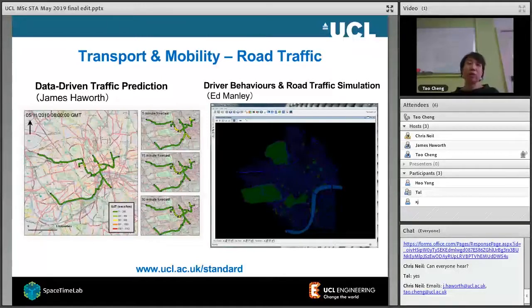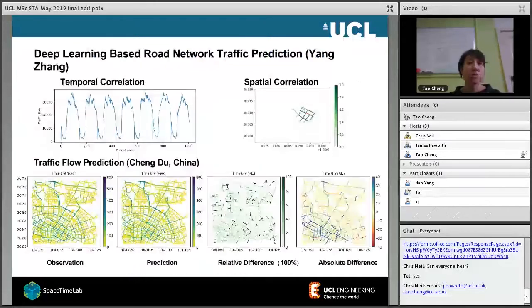What we do in this one is, as I said, unfortunately we can't show the simulation. It's really fantastic. We can use what we call agent-based simulation to simulate the drivers' behavior. From that, we can really understand how the traffic accumulates on the road. In the simulation, you can see Euston Road getting very congested. That's something we're going to learn in this course. So there are two examples in transport.